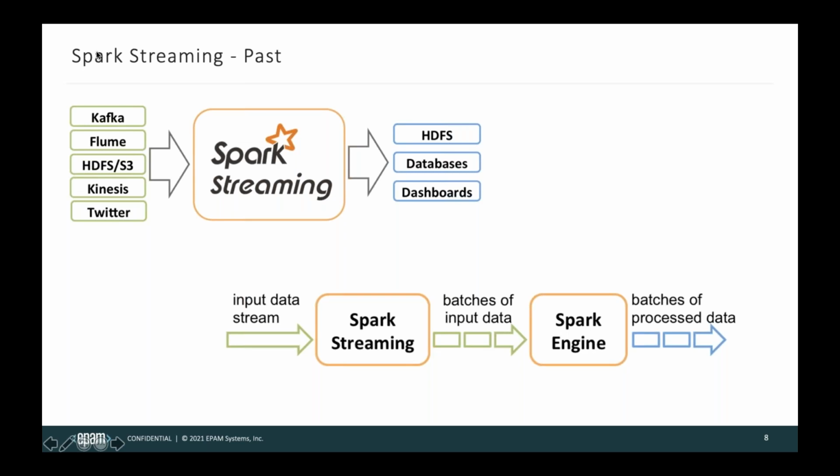Whenever we are defining our streaming, we need to say, okay, please aggregate the data every 5 seconds or every minute, do the analytical part and send it to a location. Like I said, it was working with micro batches and processing data.